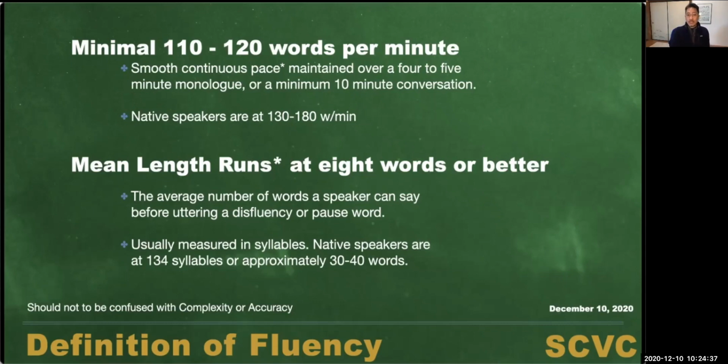For example, when was the last time you had an entire group of students, not just your one remarkable student, but an entire group of students come up to you and say, "Mr. Cruz, is my homework due this week or next week?" That's 11 words. And I would be surprised if you had a lot of students that could do that, because